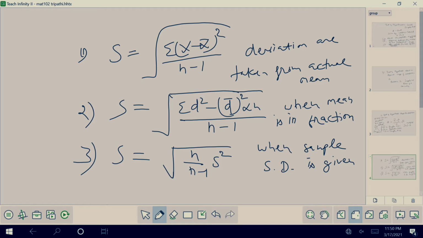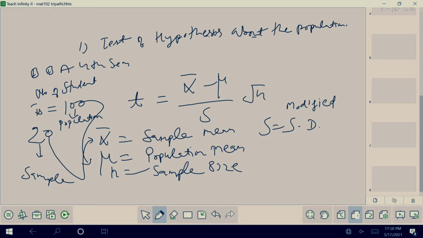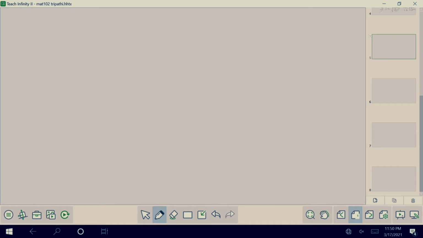Now, we will do one example so that the concept can be clear in your mind. Okay. And there is one more thing, degree of freedom. So, let us do that. In the t-test, there is a concept, degree of freedom. How do you calculate it, and what symbol are you going to use? That is nu, like alphabet V, nu.